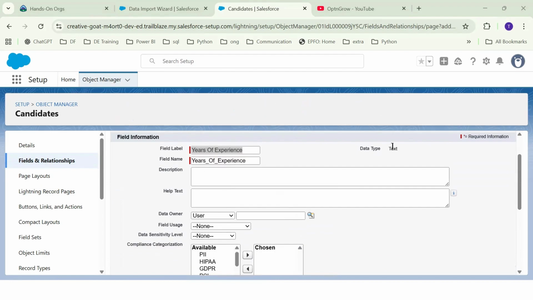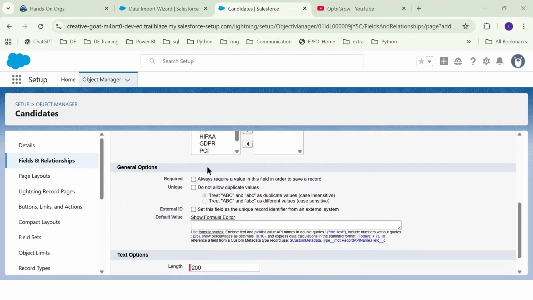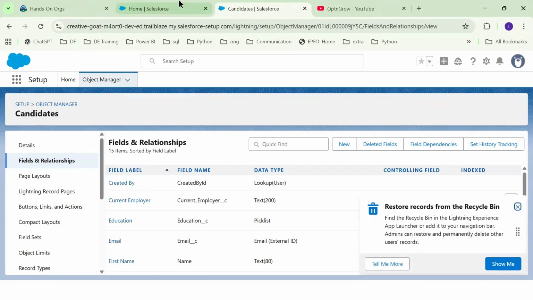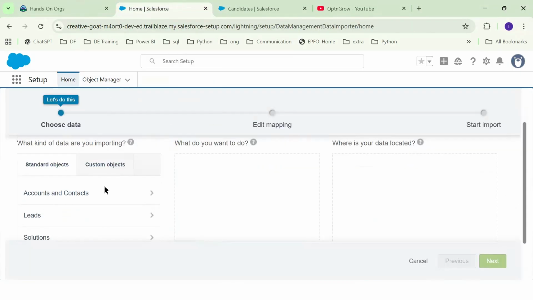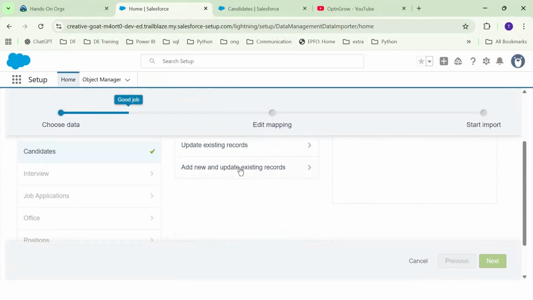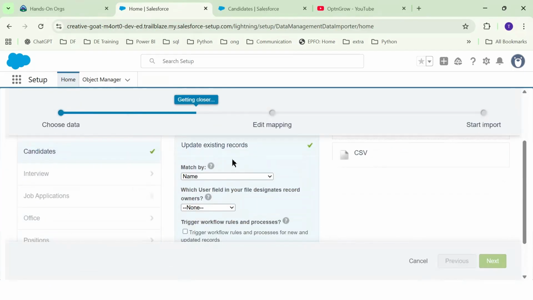You can see the data type of this field is text. So what I'm going to do is, I'm going to make it external ID. Also, I have to make it unique. And now I'll be able to use it on my Data Import Wizard in order to match by the existing records. So you can see over here, now I have got this third field also, which wasn't there before. So this is the use of external ID when it comes to data migration tool.